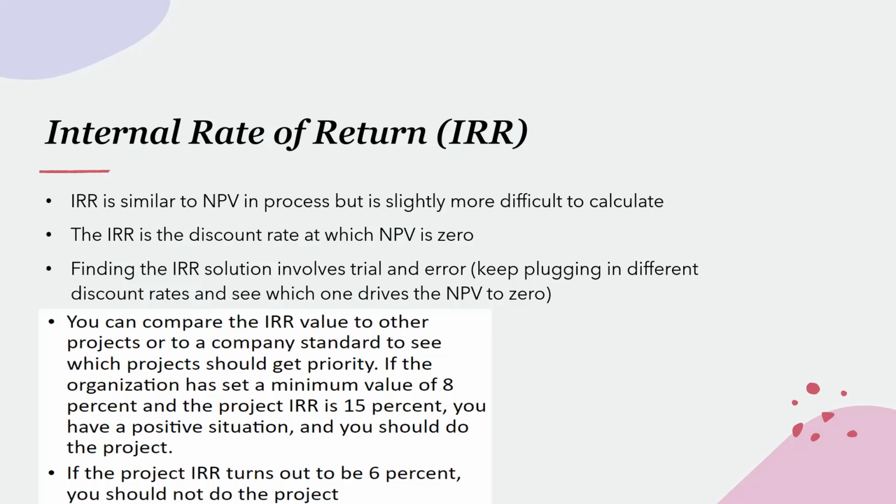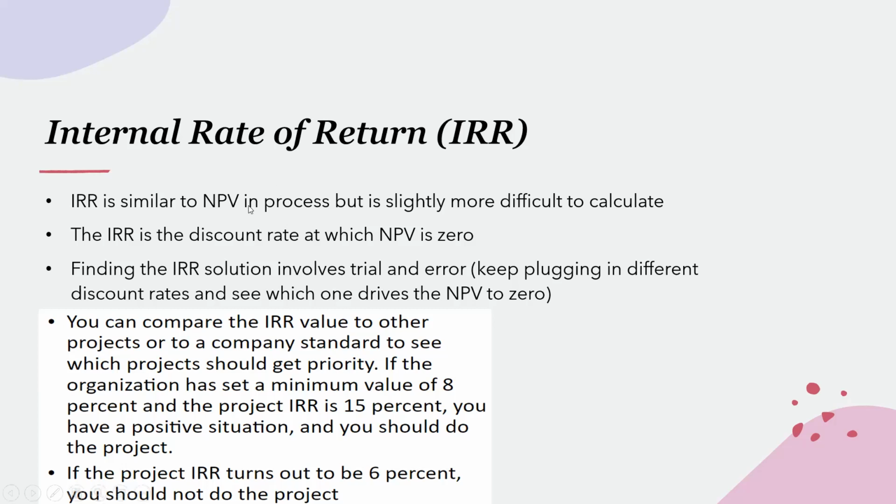So we don't know the exact discount rate at which the NPV becomes 0. So we are trying some different discount rates. That means we are doing some trials to identify the NPV value and which discount rate makes the NPV value 0. We keep on doing trials and errors, and only by doing so can we find the correct answer. So it is a bit difficult method because it consumes more time.